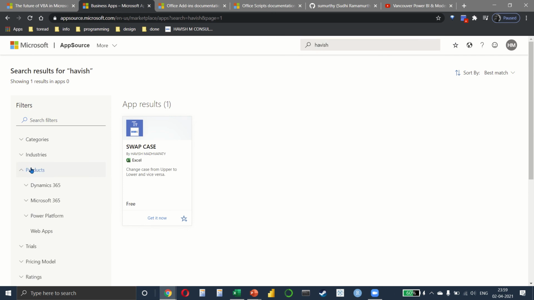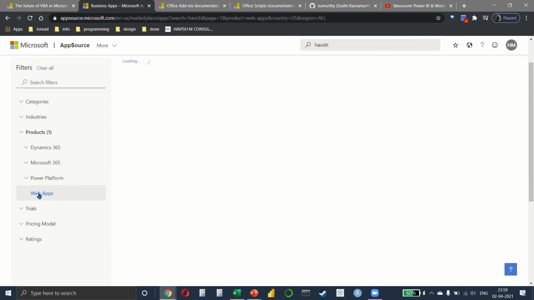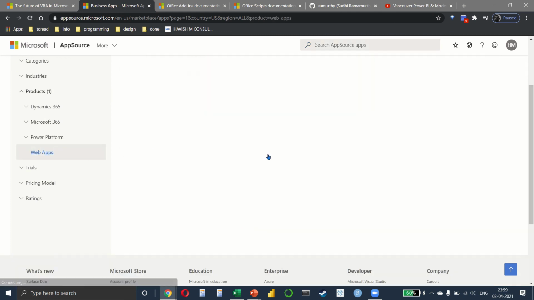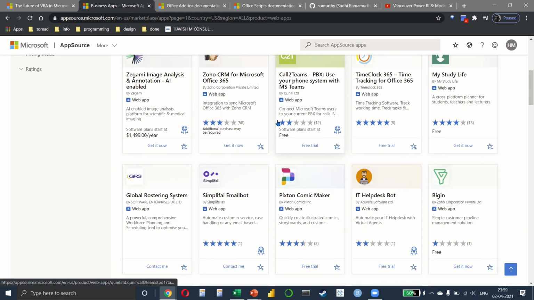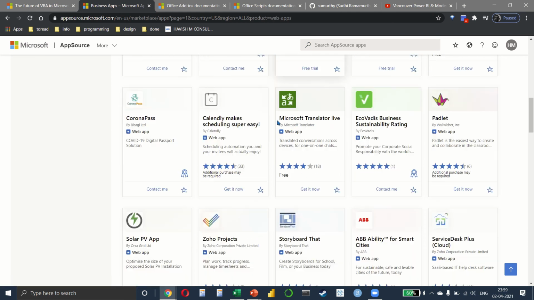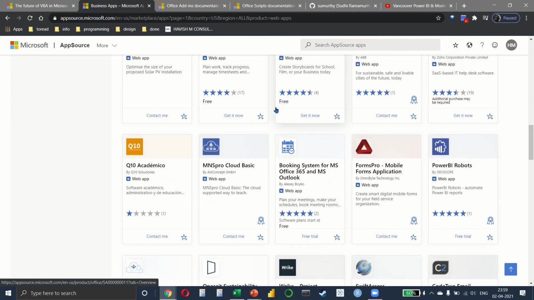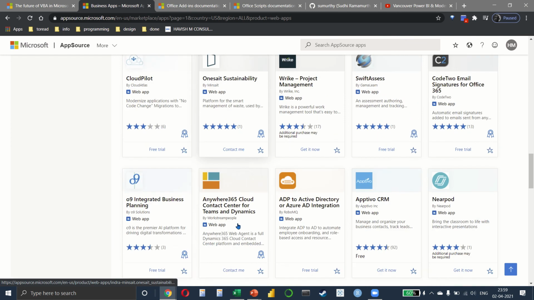So let me go to products and select web apps. And let me remove this. All right, you can see there are a bunch of apps available and they're meant for different things and definitely worth a look. I'm sure you will find something that you like.